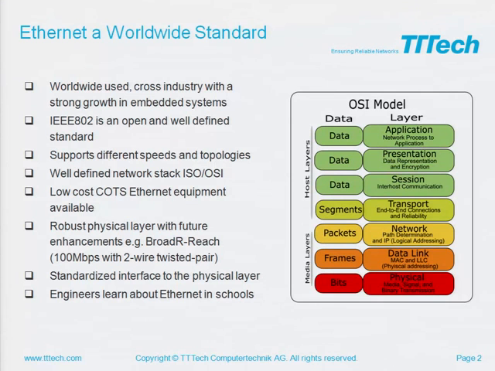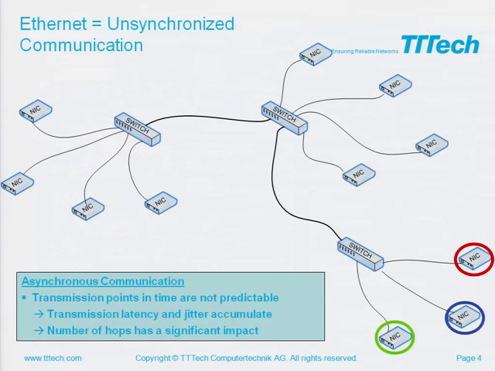With future announcements, we are talking, for example, about this broader reach physical layer, which is currently used in the automotive industry, which is 2-wire twisted pair up to 100 megabit currently. This becomes less and less expensive, and it becomes less and less weight, and also the power is going down. The interface to the physical layer itself is also well established and defined in the IEEE 802